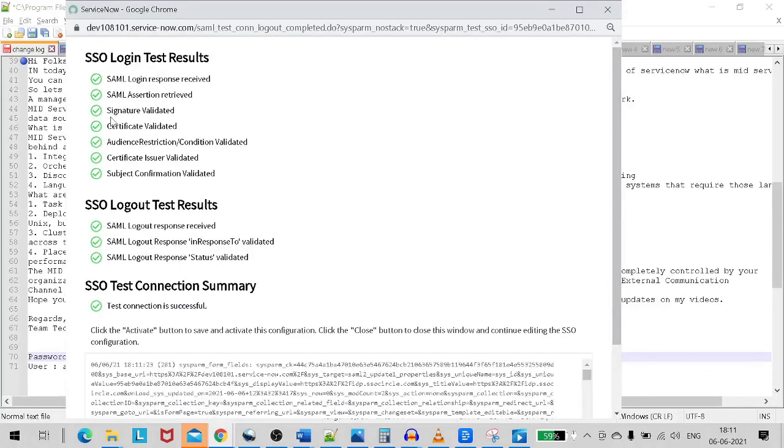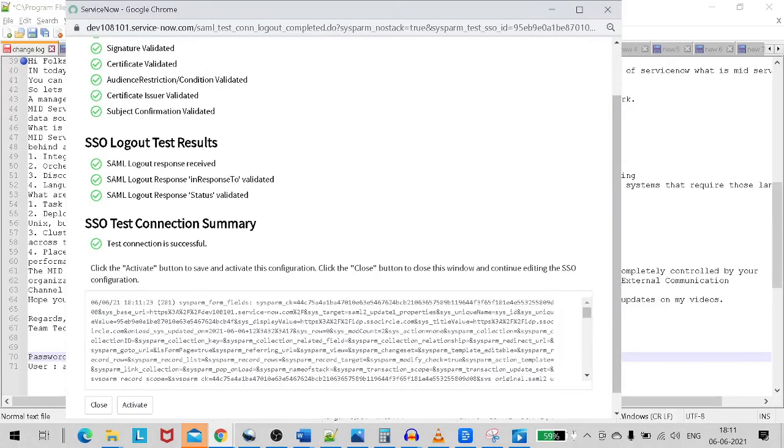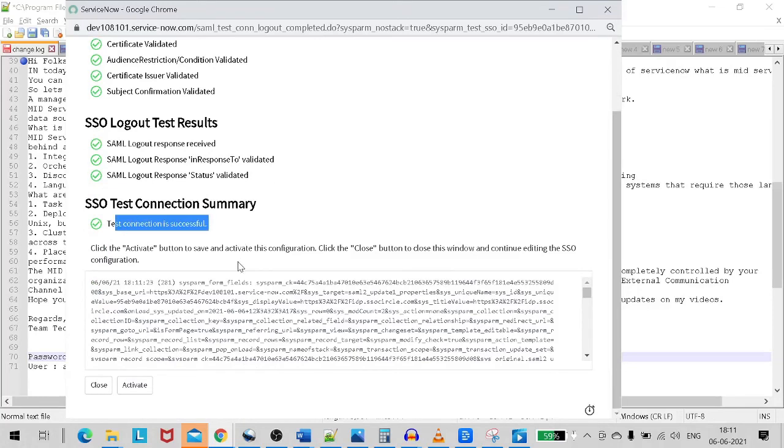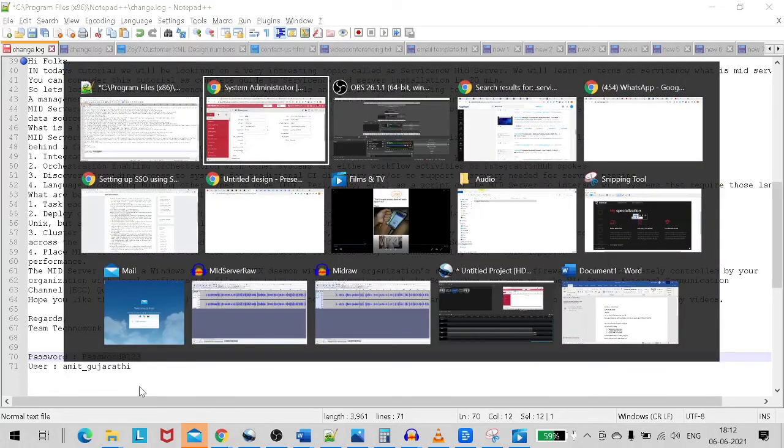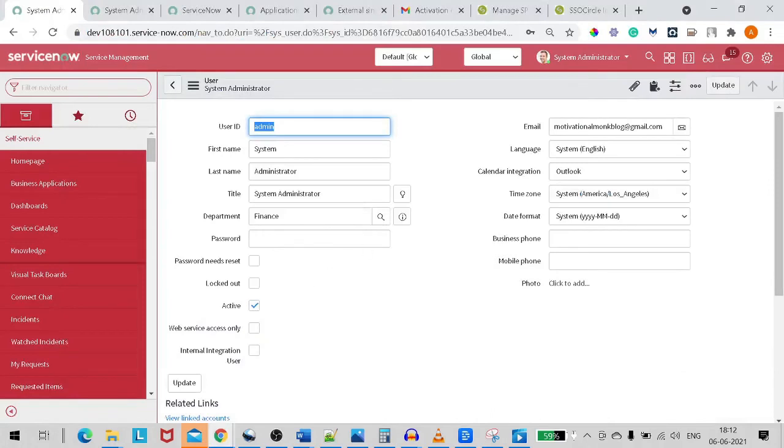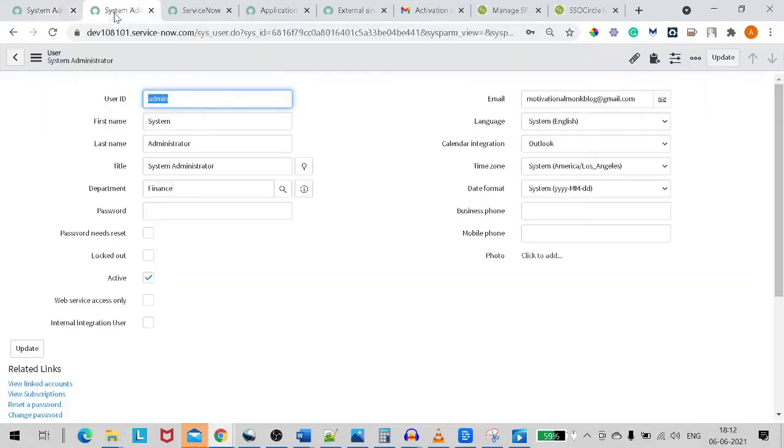Now as you can see, all steps are successful. Okay, test connection is successful, and now you can simply activate it. So this part is done. Now as soon as this part is done, if you go again